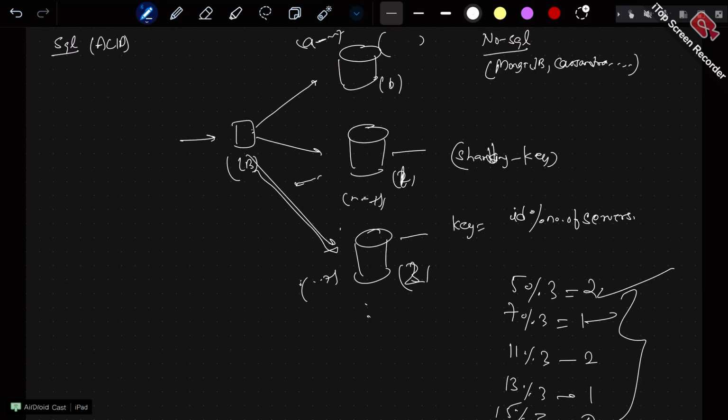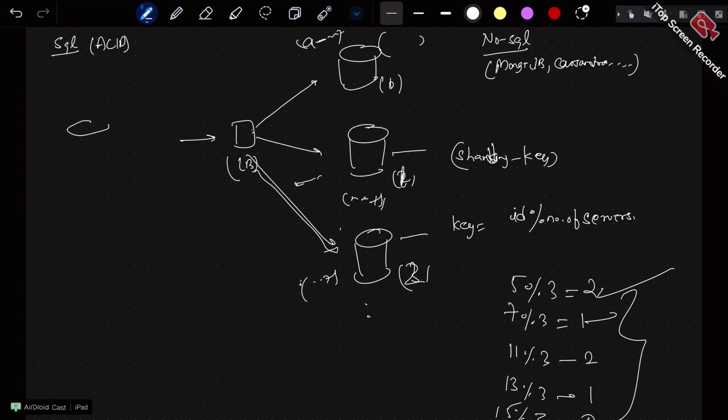Why don't they use NoSQL? Out of the box, it is providing so much facility. Why do people still use SQL? Because of the ACID property, consistency and all that. So an ACID compliant database we are giving to SQL, but not to NoSQL. NoSQLs in some way still provide it, but we'll come to that. Now why is SQL so popular and why do we talk in terms of ACID properties? So just see it this way.